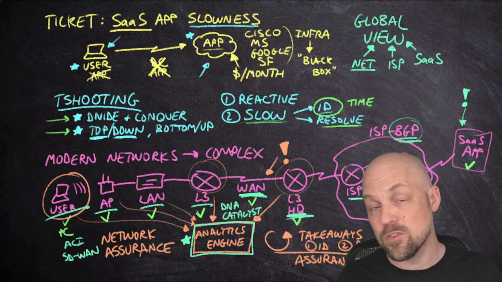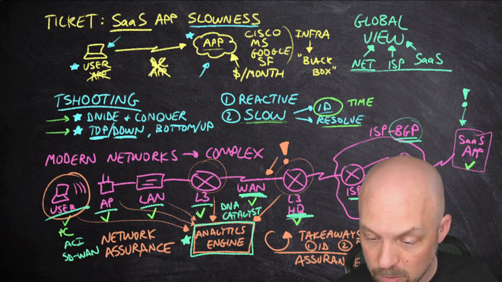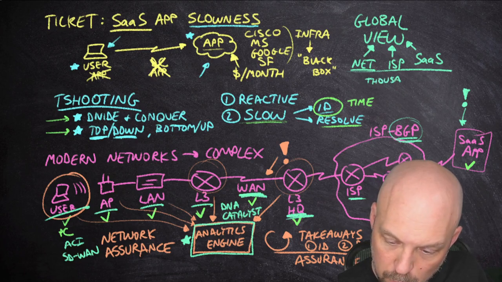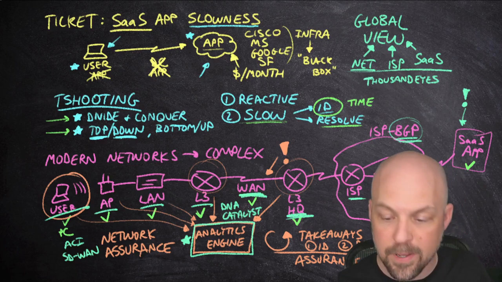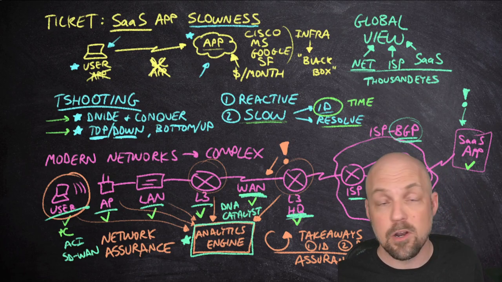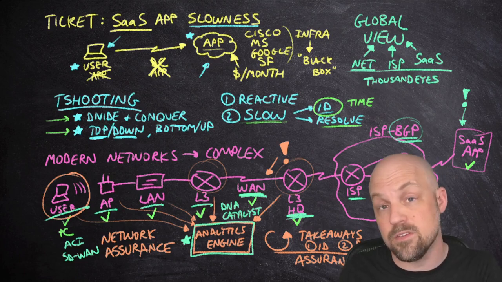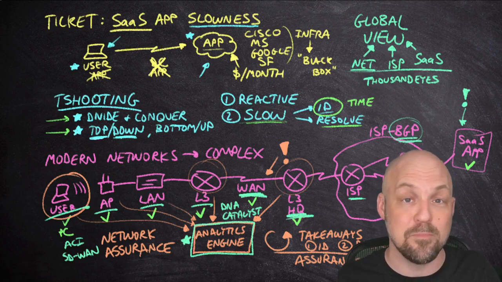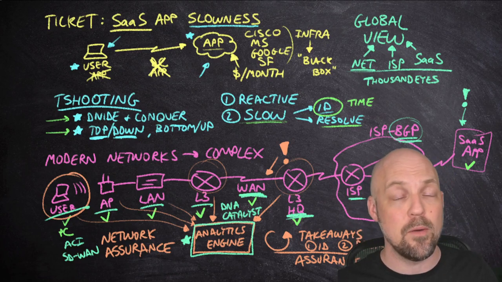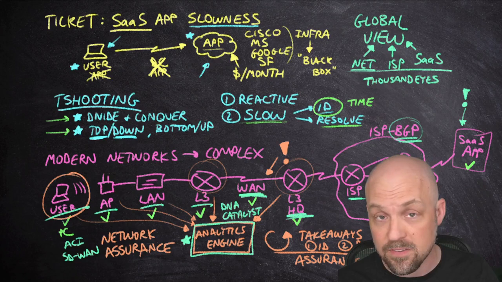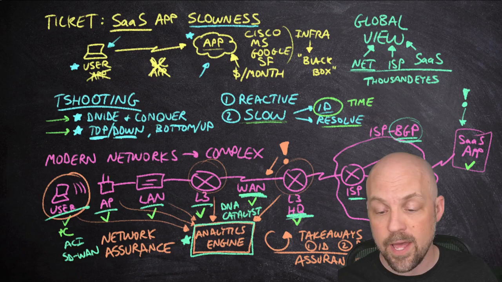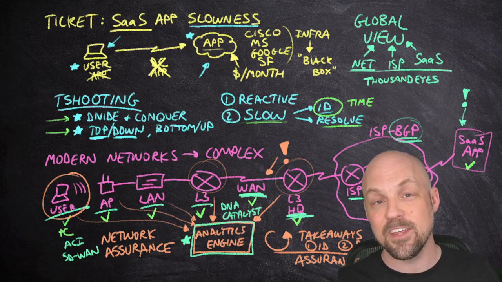And so that is what's going to lead us to ThousandEyes. ThousandEyes is meant to give us this global view. It's intending for us to be able to take data and information not only from our network, but also from the global ISPs and software as a service providers. And the cool thing about it is Cisco has already deployed all of the agents into the public space that we need in order to run these tests. All that's left for us is to get our network on board. But either way, let's go ahead and call this conversation good.